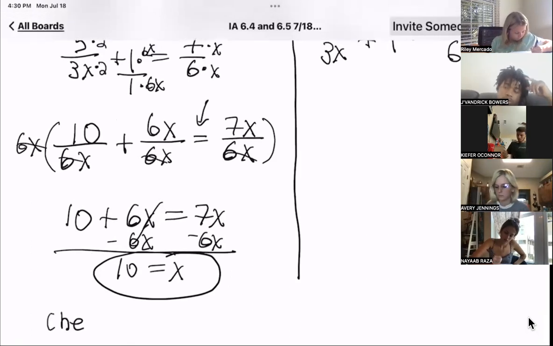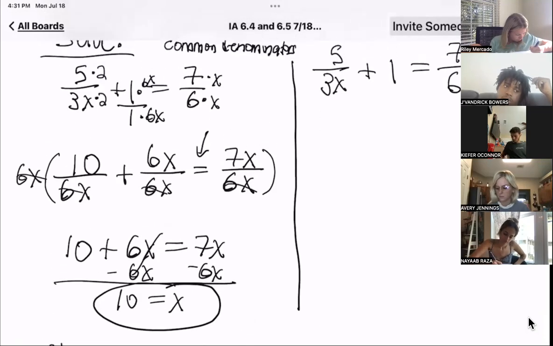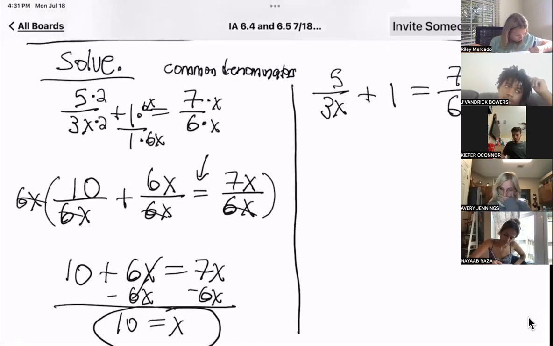Of course, you want to check your solutions by plugging them in and making sure it's true. We'll talk about that after I do this problem a second way, a different way. And the other way to do this problem, which you might like better or not, is you figure out what